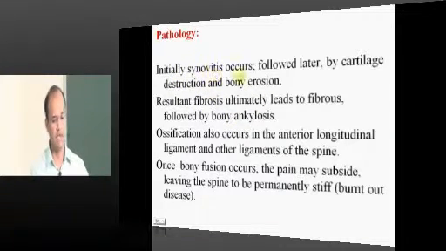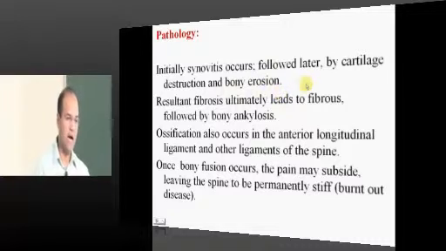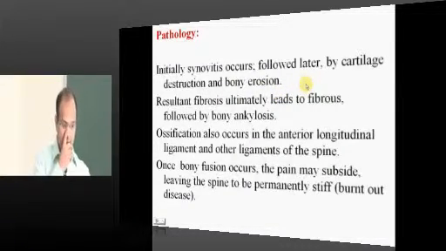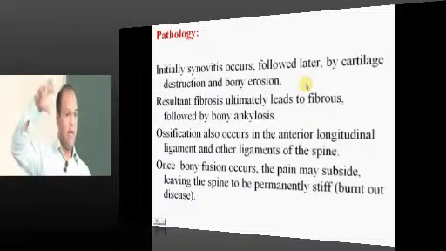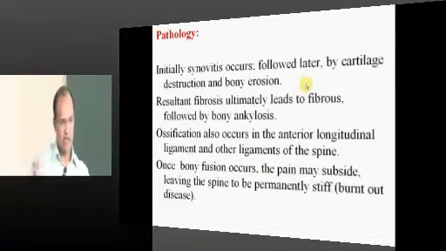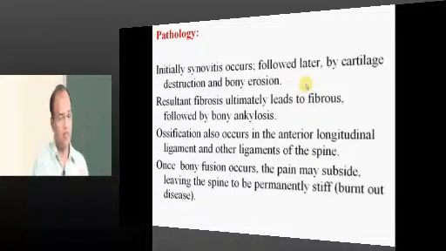Initially it starts as synovitis, later followed by cartilage destruction and then bony erosion. Where is this cartilage? The subchondral plate is a cartilage, and there the problem can start, and there is cartilage in the facet joints also. When these are affected, the spine is directly affected, ultimately ending up in a fusion of the spine all throughout